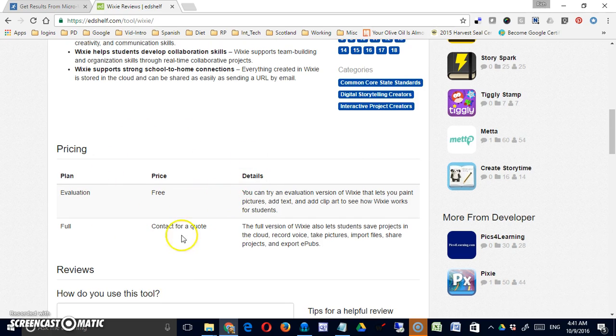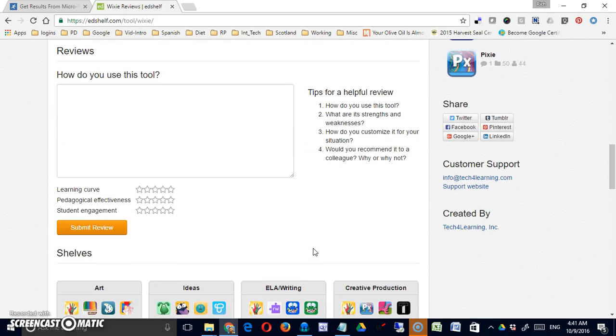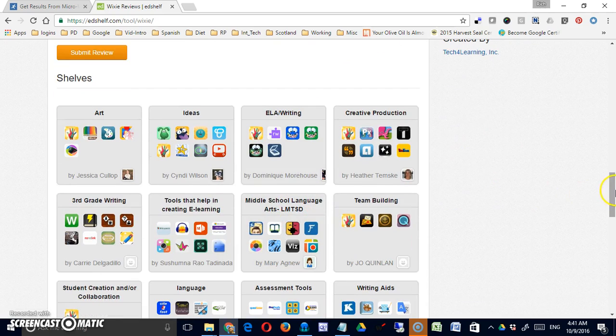In addition, there'll be a section on pricing, and it's a good place to look because sometimes we know that there are free versions and then there are pro or upgraded versions that could be listed here, and also just the specifics of pricing. Reviews, if they're available, will be here. And then at the